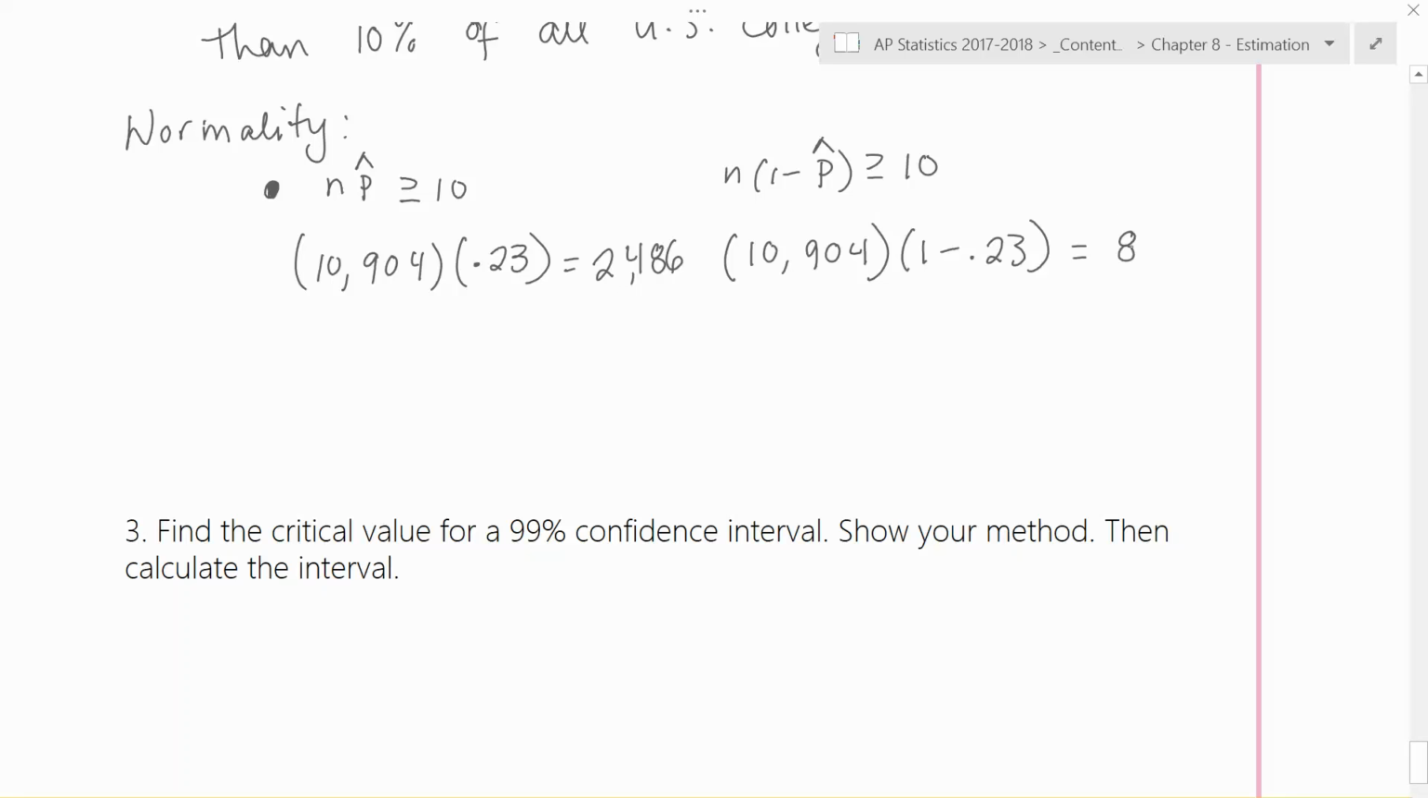And we are in great shape here. I mean, it seems like maybe overkill that we have to check this condition, but it is super important. You can lose a whole point on a free response problem without checking conditions correctly. So we would summarize and say, we can assume